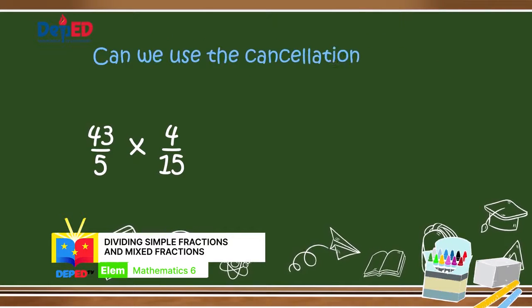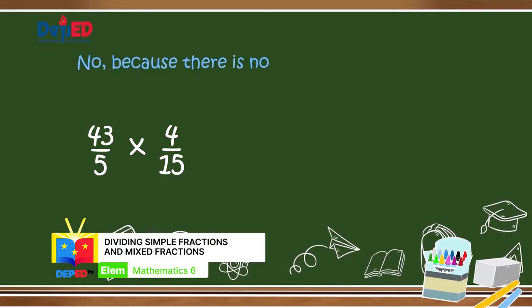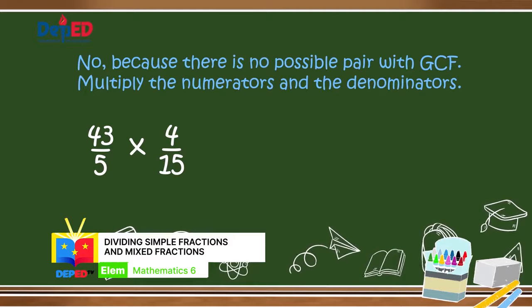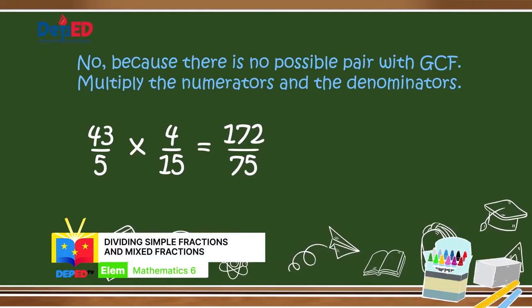Can we use the cancellation method? No, because there is no possible pair with a GCF. So, multiply the numerators and the denominators. 43 multiplied by 4 equals 172. 5 multiplied by 15 equals 75. We have